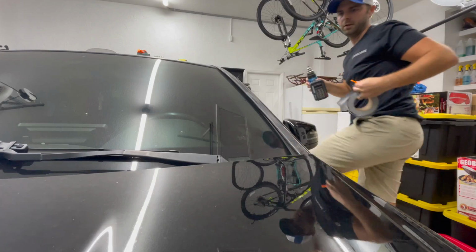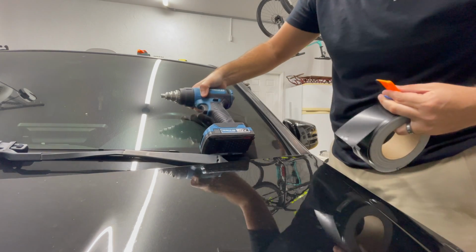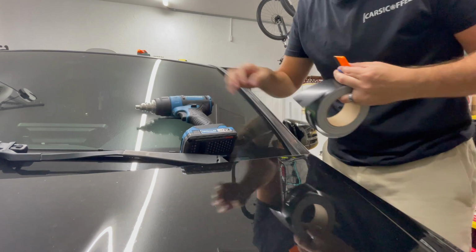All right, so it's another day. I was able to blow off everything. I cleaned it up, and let's lay some vinyl. Again, I've never done this before, but I think I need to use some heat, take my time. I guess, let's see how this goes. So I do have a heat gun. I'm not sure how much to use, if any,